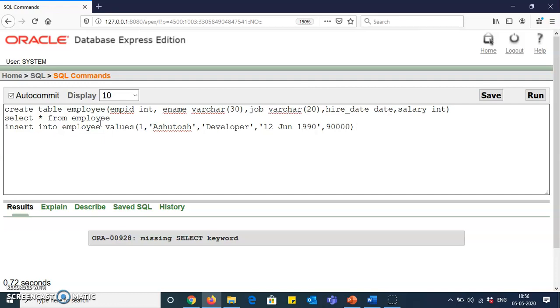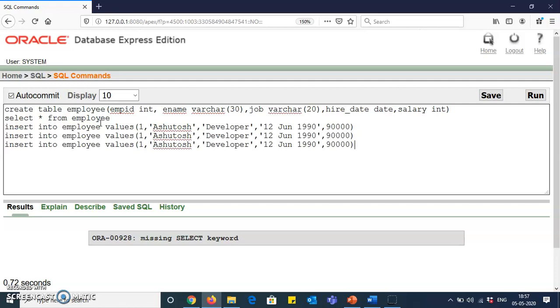Now the next statement is the update statement. If I want to update any detail in my table, before that I will insert 4 to 5 more statements into my table, and then we will try to update it. I will just copy this and change the values in this particular insert. It is mandatory to change the values.